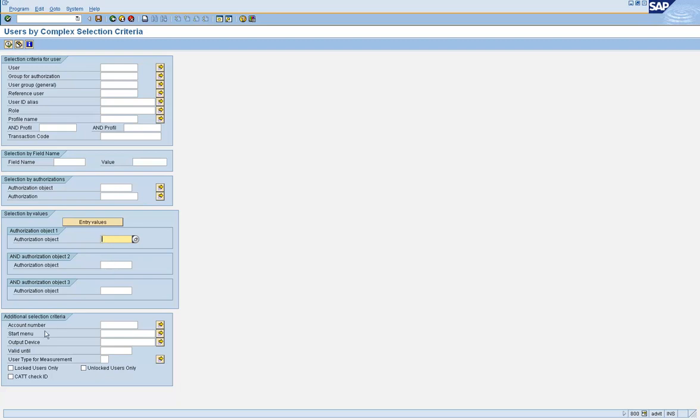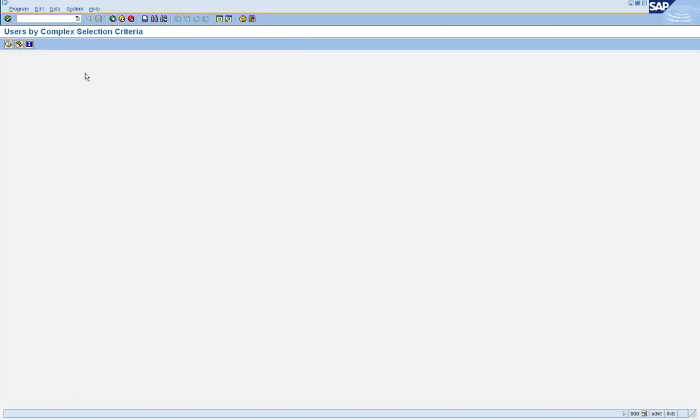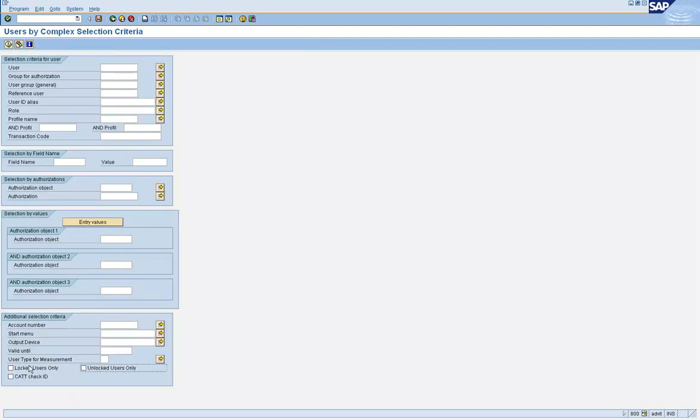Some of the additional criteria that you have: for example, if you want to find out how many unlocked users are there in the system, you select that and hit the execute icon. It will tell you how many users are unlocked. Same thing if you want to find out the locked user IDs, which you can do using USR02 also.